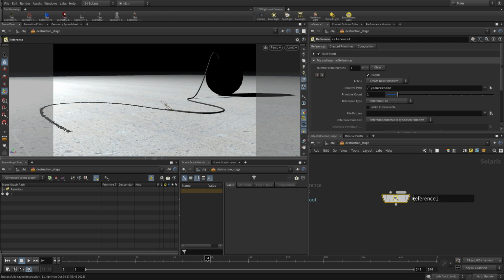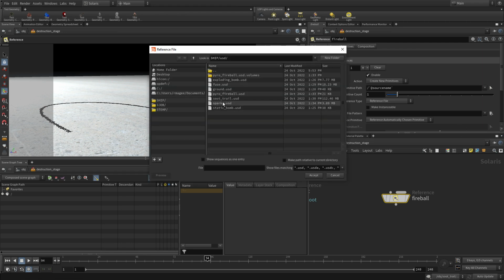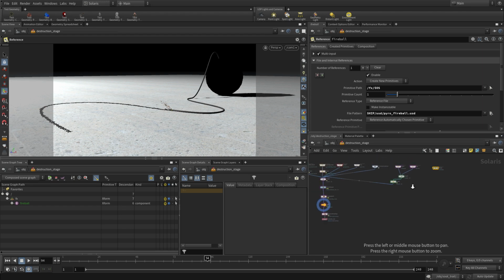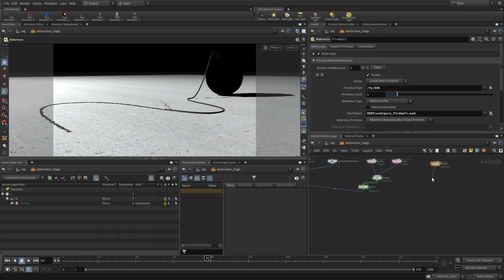using the file pattern here. We're going to call this Fireball. We're going to go get the Pyro Fireball USD file, accept, and then for the primitive path we're going to go / we'll keep that in the effects folder and then $OS, just like before. So that gives us the path in the scene graph where this will live, and we're going to plug that into